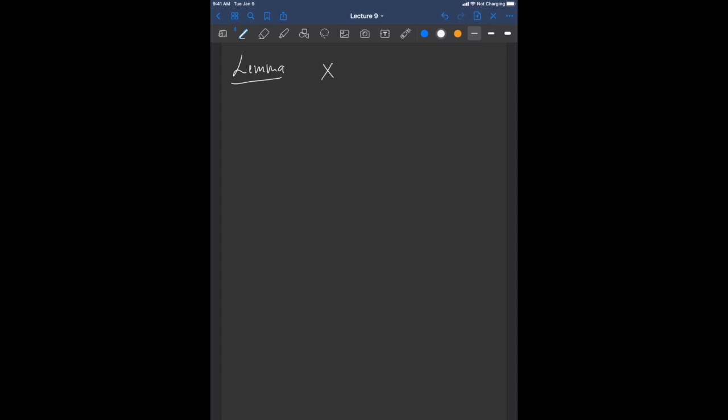So x is a subset of matrices, and x dash is a subset of x. If you have a collection of matrices x, and you have a sub collection of that collection, let's call that x dash, with the guarantee that the size of x dash is at least size of x by 2,